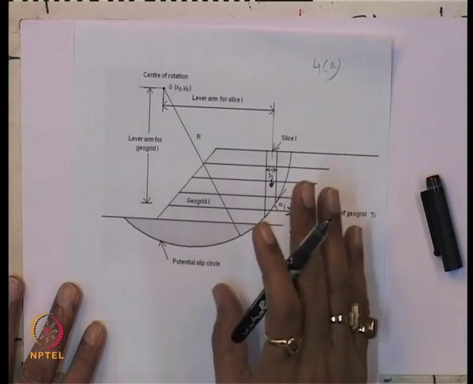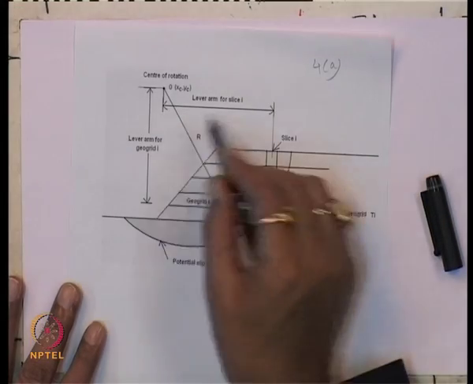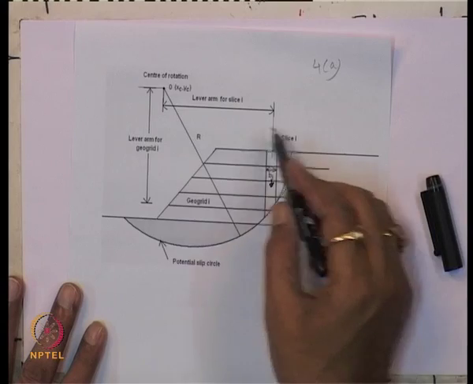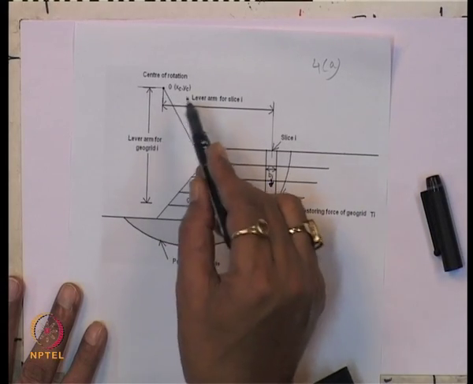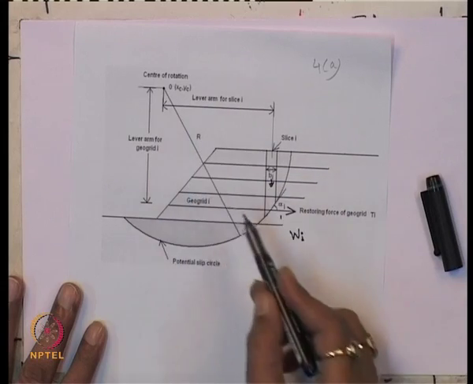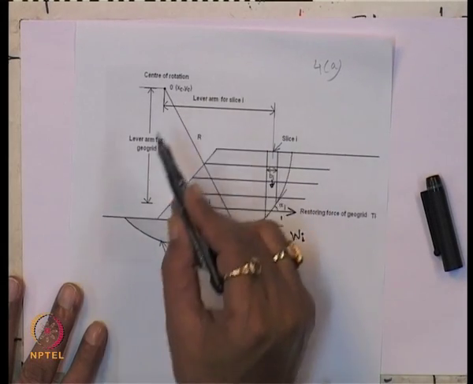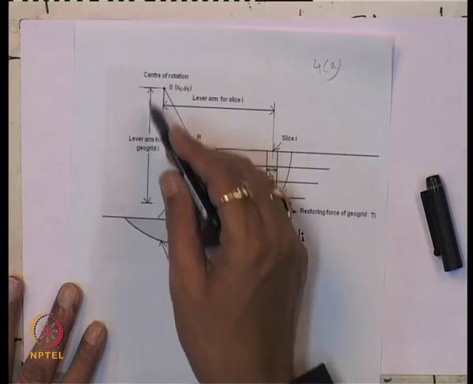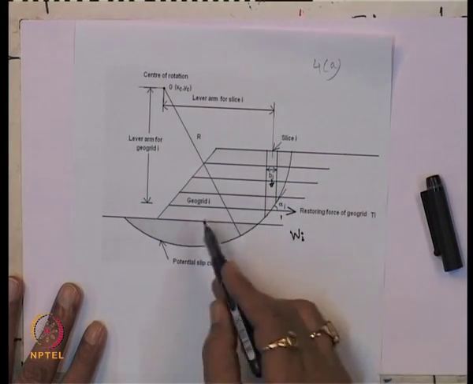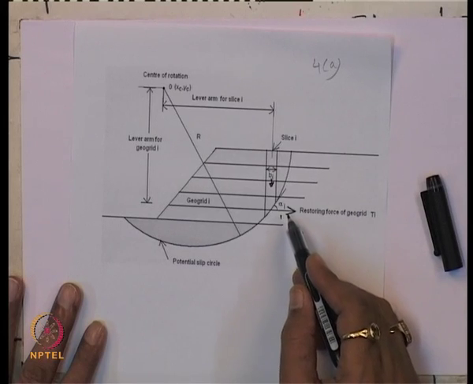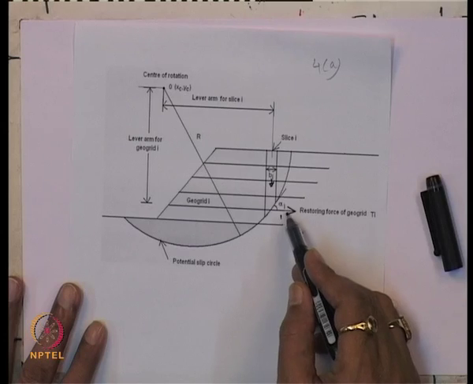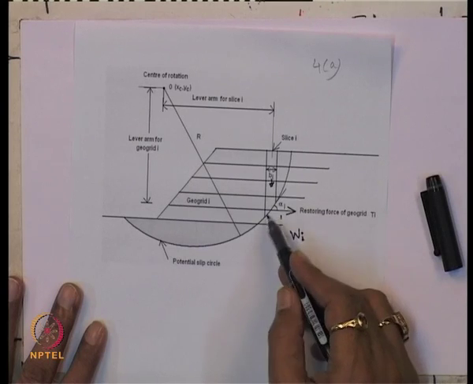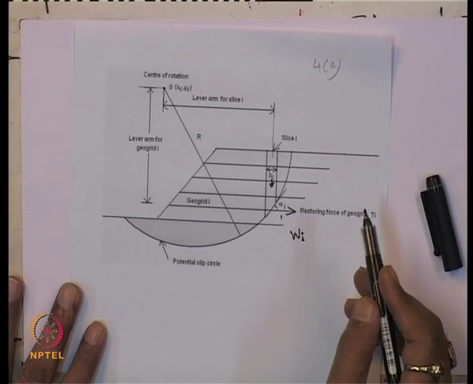We are considering the c-phi soil and this is the lever arm for this slice i, and the center of rotation has coordinates Xc and Yc. This is the lever arm for the geogrid i for this section, and this is the alpha i, which is the inclination of the base from the horizontal for slice i,